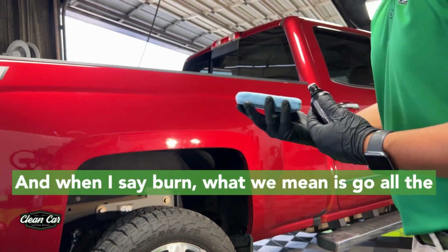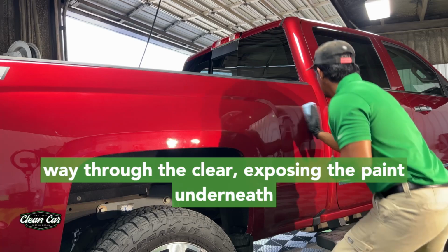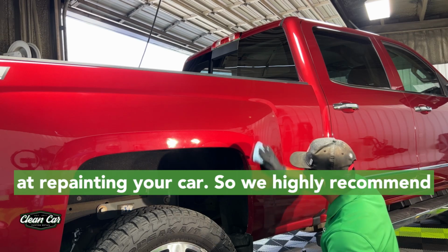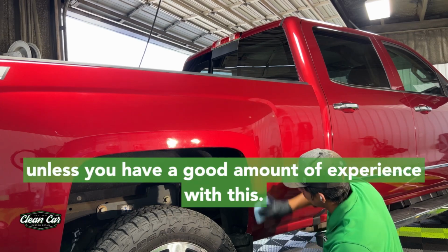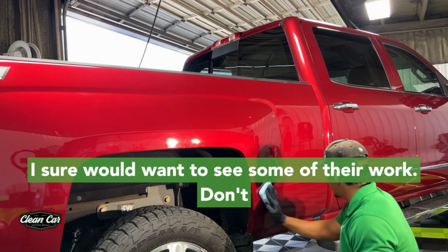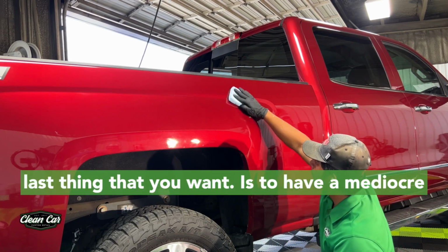And when I say burn, what we mean is go all the way through the clear coat, exposing the paint underneath. If that happens, you're looking at repainting your car. So we highly recommend this is something that you leave to the professionals unless you have a good amount of experience with this. And if you have somebody who says they know how, I sure would want to see some of their work. Don't just take their word for it,